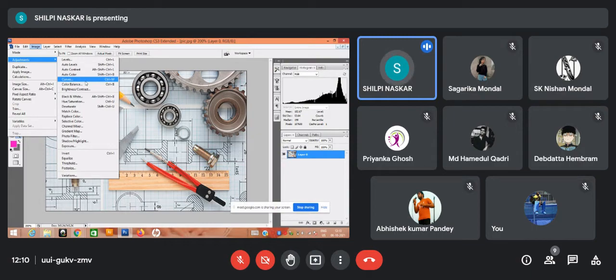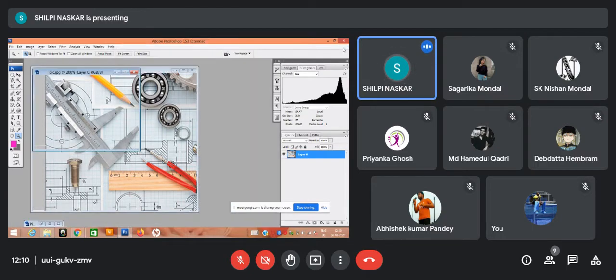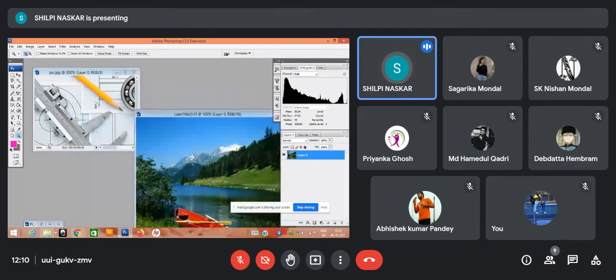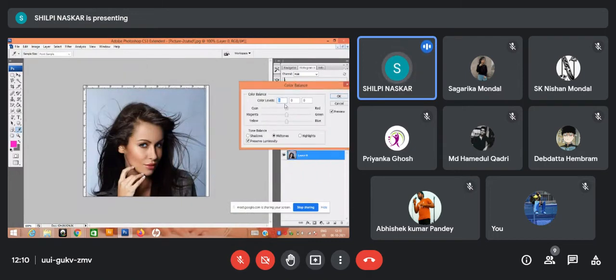Now talking about color balance. Color balance is definitely doing the balancing in color. Control Z, all Control Z. In case of color balance, you can balance the color for each individual color channel in different regions of the image: in the shadow region, in the mid-tone region, in the highlight region.